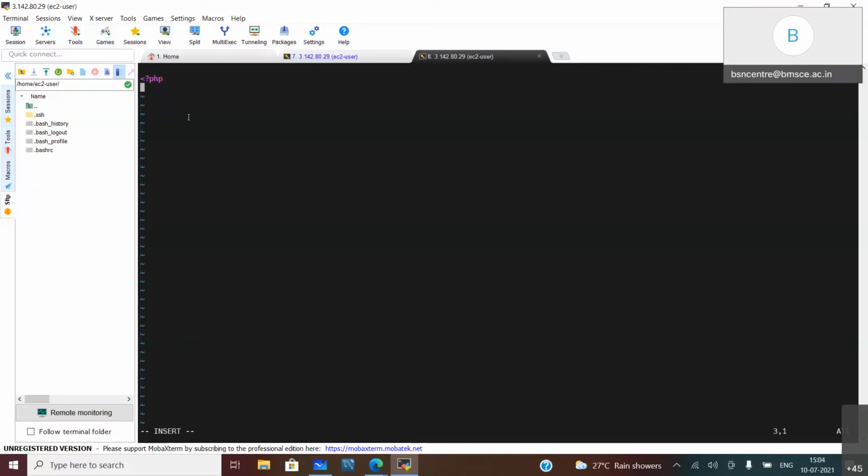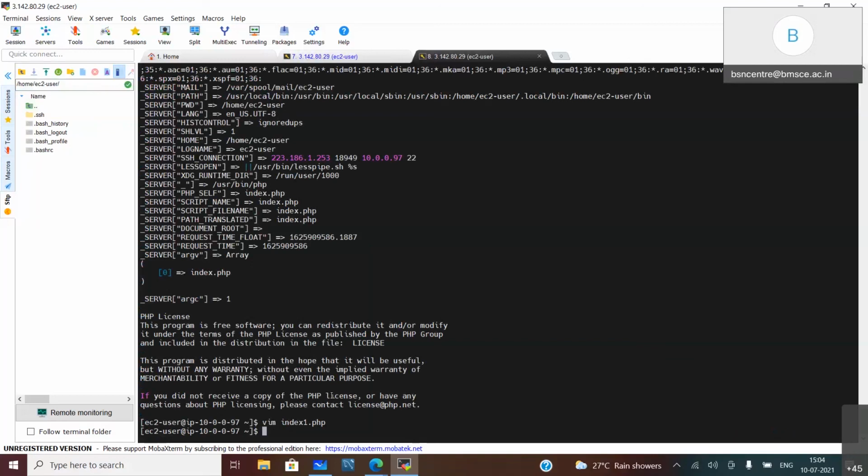Echo, space, double quotes, hello learners. After the double quotes, semicolon. Press enter, question mark greater than. Yes, escape colon WQ, enter. Now PHP space index1.php.